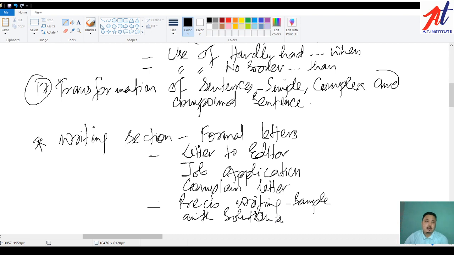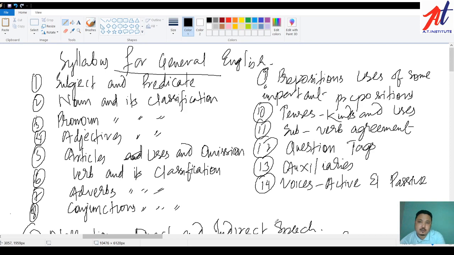Okay. So this is your syllabus for general English. Let me scroll up. See, we are going to start with subject and predicate, and then we'll go to the next one, that is noun and its classification. See, parts of speech we are going to go as fast as possible. The reason is that no direct question would come from there most of the time, but still, without having good command over parts of speech, you cannot be able to do the questions from where the direct question would come, like articles or tenses or direct speech or